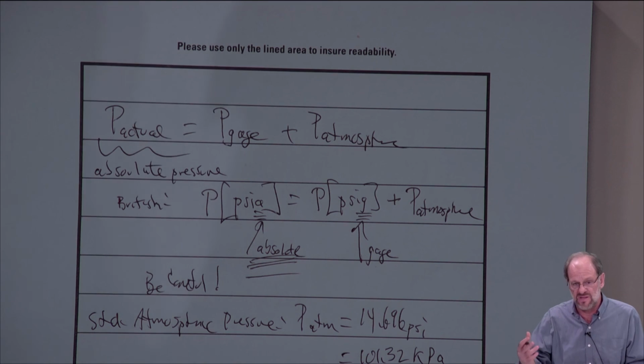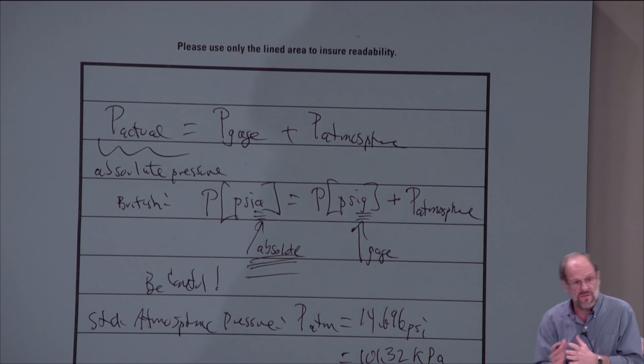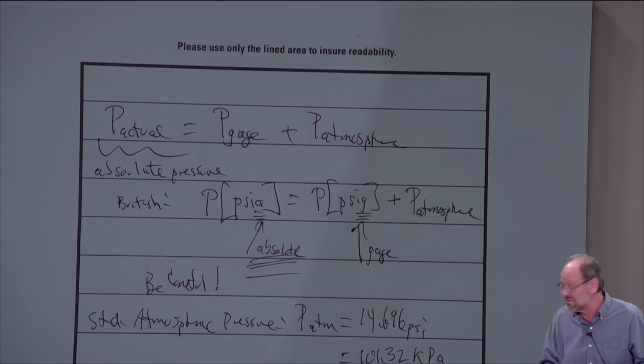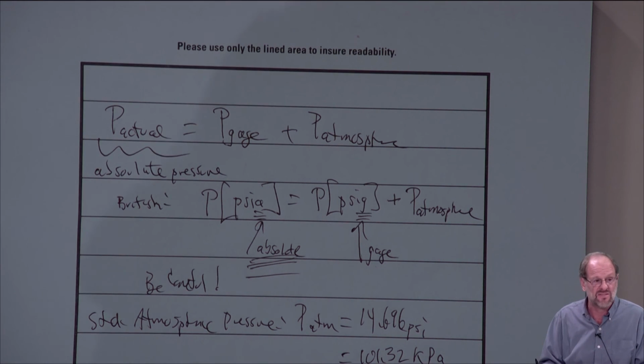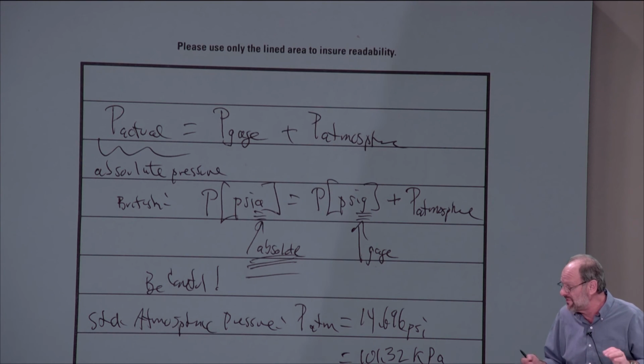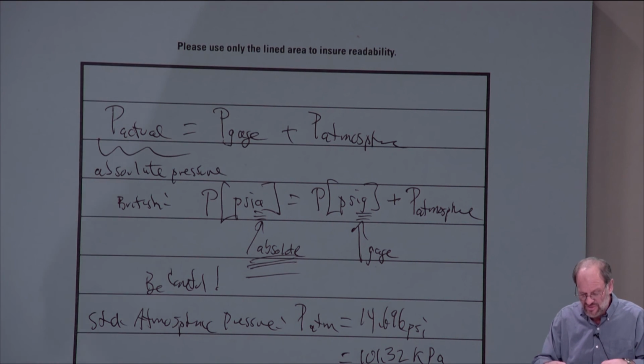Now, if you were given the gauge pressure, if the problem doesn't say anything, then just assume that the standard atmospheric pressure is the atmospheric pressure, but sometimes it's not. Sometimes you'd be like, say, up at Big Bear, up in the mountains somewhere, where the atmospheric pressure is less than the 14.7. Or sometimes you'd be like, say, at Death Valley or the Dead Sea or somewhere well below standard sea level, in which case your pressure might be closer to 15 point something PSI, or certainly something higher than the 14.7. So again, be real careful when you're dealing with pressure. Just make sure you have the units done correctly.